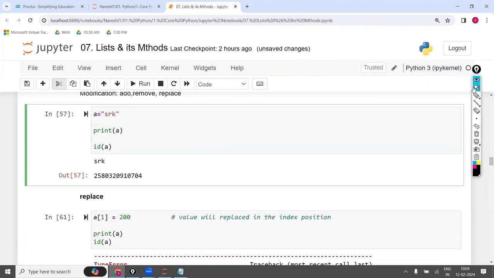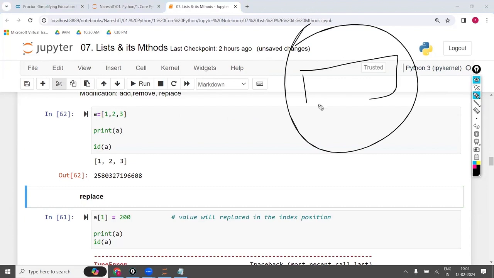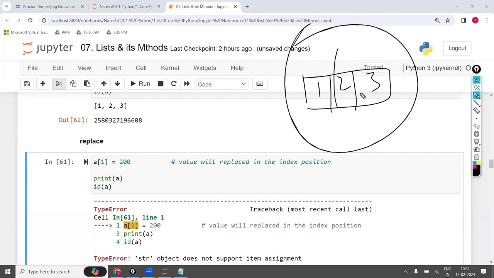Now here A = list of [1, 2, 3]. When I write like this, it is going to create one object, [1, 2, 3]. Now A[1] = 200 means first it will collect what A[1] is, and this element will be replaced.